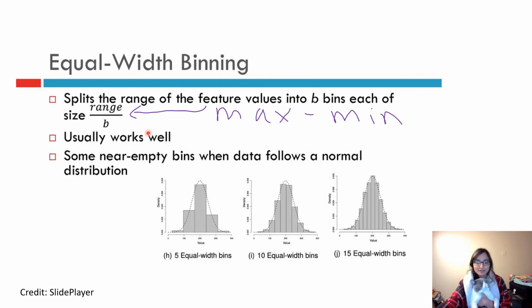It usually works well, but because each bin has the same width, you're saying from here to here is the same width, from here to here the same width. It's like a histogram essentially, where each of them has the same width, like the same ruler measurement. But as I was showing, there's less density, there's less data. Actually, what has been shown in the bell curve, so let me show you,